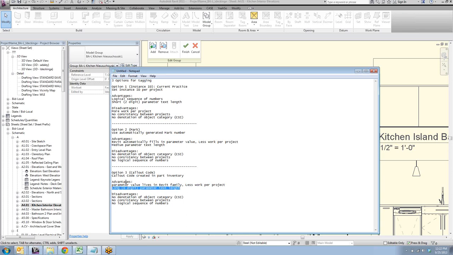And actually, I think I should probably put that in the disadvantages rather than the advantages column, because I think our interior elevations using those longer codes are going to get a little bit busier and possibly a little bit more muddied. And yeah, I flipped these around, so that should go up there, and this should probably go